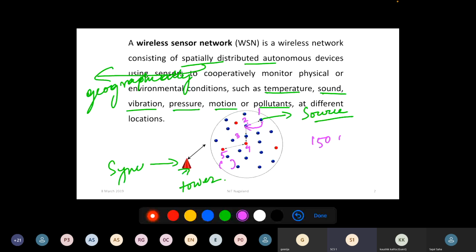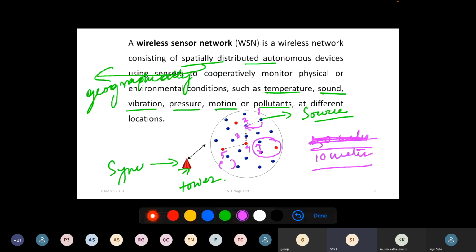ऑफ नोड्स का ट्रांसमिशन रेंज 10 मीटर से ज्यादा नहीं होता। ओके, मान लो within 10 meters, suppose this node within 10 meters there are two nodes, so it will check out of these two nodes किसका सिग्नल सबसे स्ट्रांग आ रहा है उसके पास, it will find out that इसका सिग्नल सबसे स्ट्रांग आ रहा है तो इसको भेज देगा वो। It is nothing to relate with the transmission range. In transmission range के अंदर मेरा 100 nodes रह सकता है, but I will check that किससे मेरा signal strength ज्यादा आ रहा है।